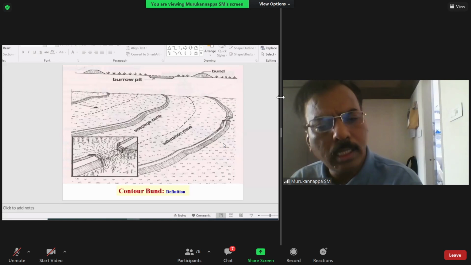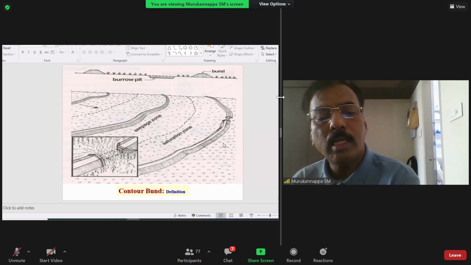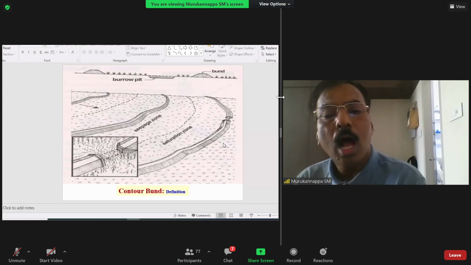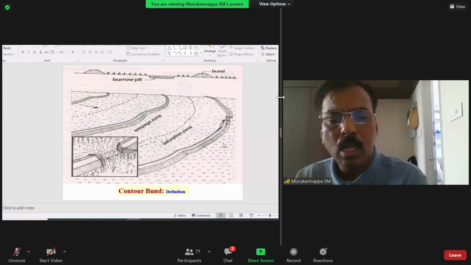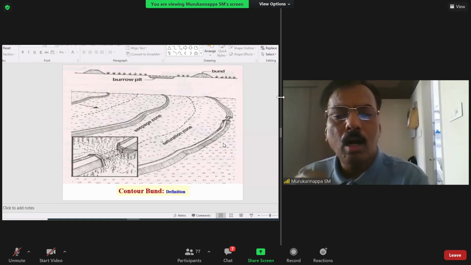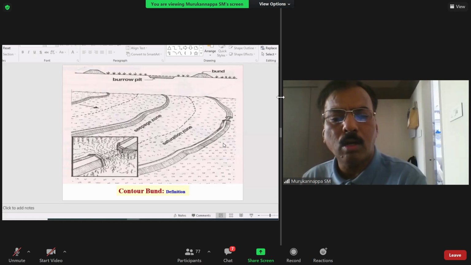In the area where the annual rainfall is 650 to 700 mm, the bund made to absorb all the rainwater that falls there, we call a contour bund. Contour bund is which is constructed on the contour line, where the area which receives the annual rainfall is 650 to 7